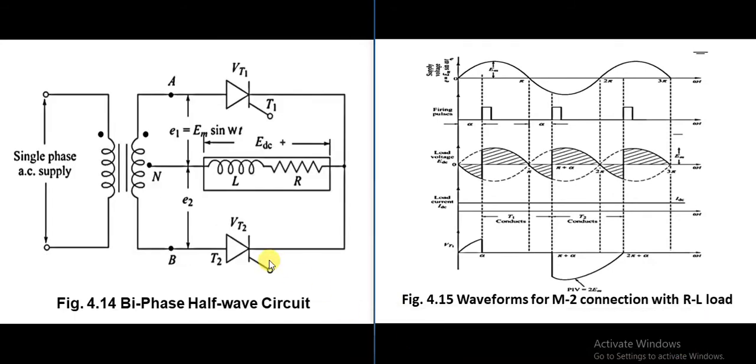So we will conclude this biphase half wave control circuit, or center tap full wave controlled rectifier, by once again summarizing the working as well as by observing the waveforms. First we will have a close look again at this circuit. I will show the directions of the current flow, what happens during the positive half cycle, what happens during the negative half cycle of the input waveform, and I will also explain these waveforms again using these board diagrams so that there will be no confusion.